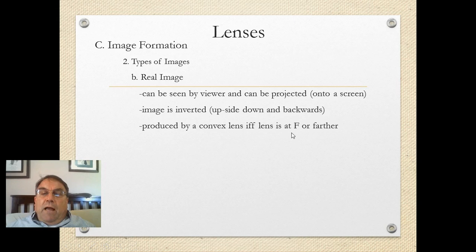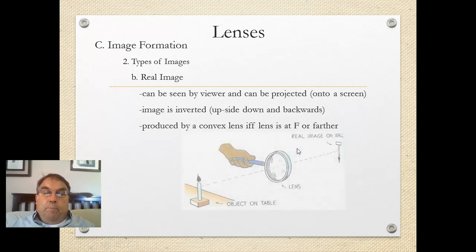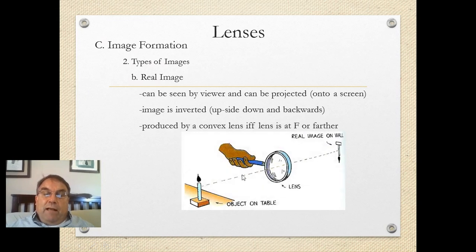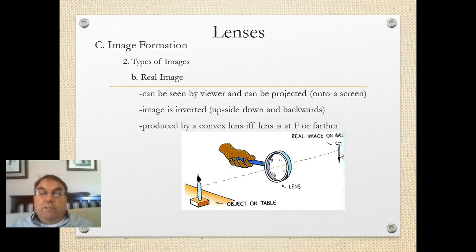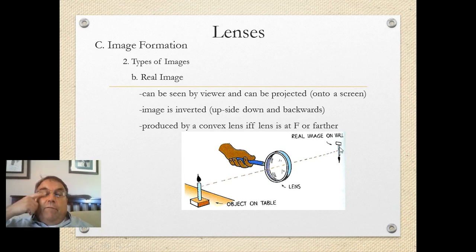Okay. So you produce a real image with a convex lens if and only if the lens is at f or farther from the object. Okay, so if you take a magnifying glass and pull it far away from an object, you can actually project the image of that object onto a screen. And we're going to do this. I'll try to make a demo video of this kind of stuff, but we're also